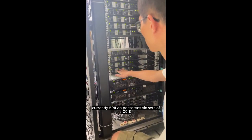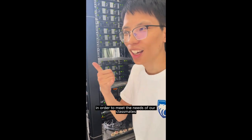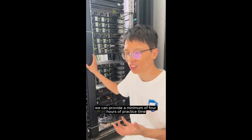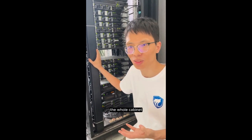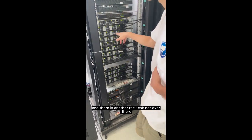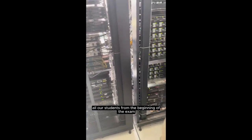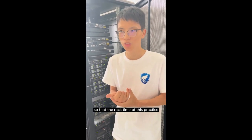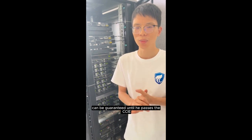Currently, 591 Lab possesses 6 sets of CCIE EI lab rack platforms. In order to meet the needs of our classmates, we can provide a minimum of 4 hours of practice time per day per rack. So you see, from top to bottom, the whole cabinet. Of course, there is also this cabinet, and there is another rack cabinet over there. So we can meet all our students from the beginning of the exam, and then practice for 4 hours or 8 hours a day, so that the rack time of this practice can be guaranteed until he passes the CCIE